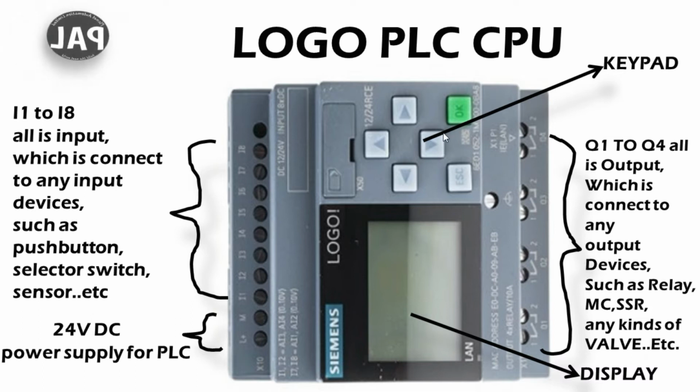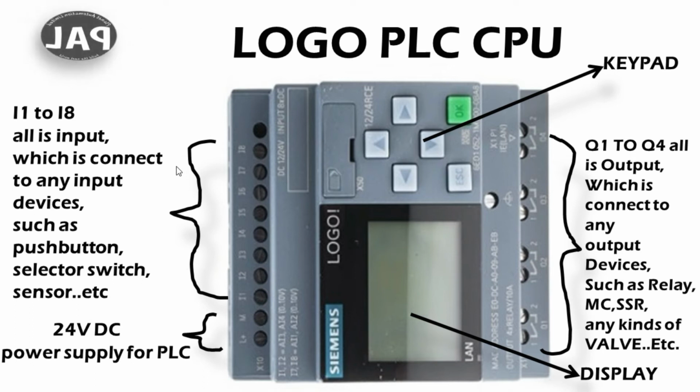And this is your keypad, and this is your display. So friends, this is the main view of a PLC CPU. I hope you understand the main topics here. Only the 1500 and Logo PLC have a display. The 7200, 300, 400, 1200 have no display of any kind. So this is very useful for any PLC user who is seeing the CPU of a PLC.